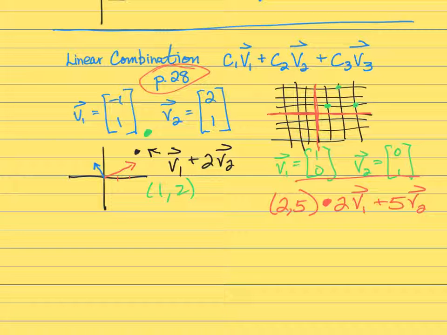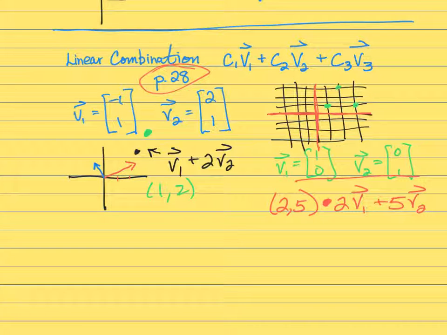Anyway, we don't play a lot with that, but that figure on page 28 shows you that. So we talk about linear combinations, and what we're really interested in doing is seeing if